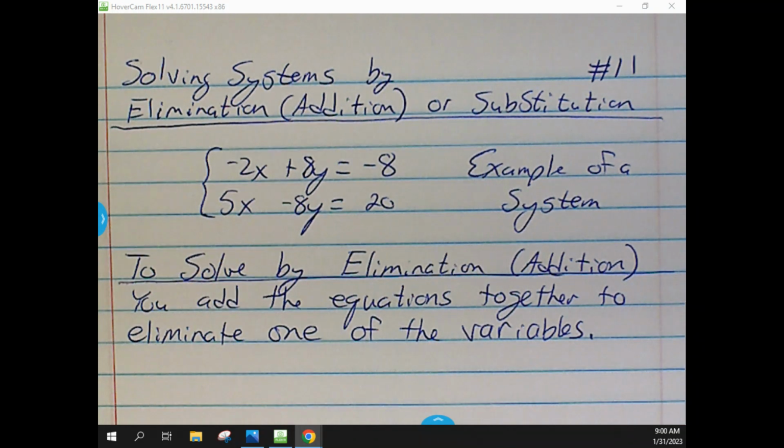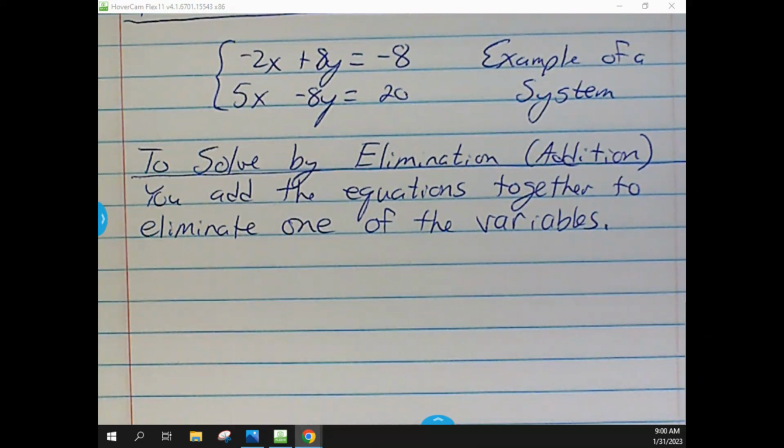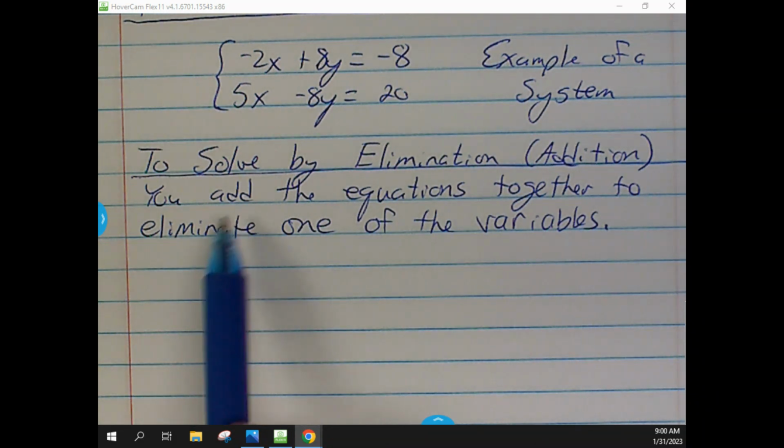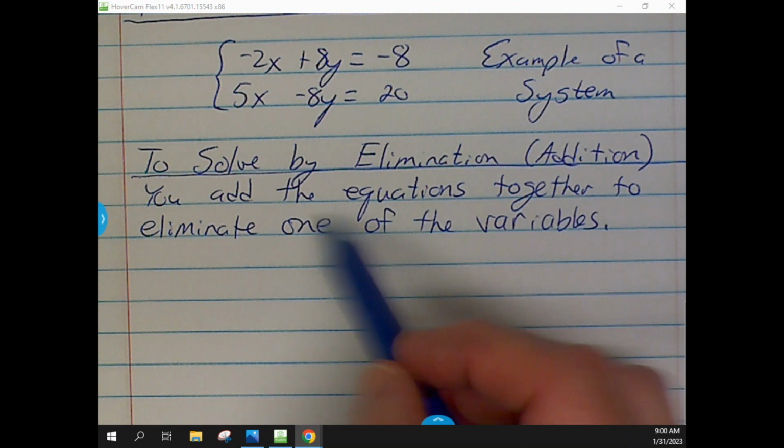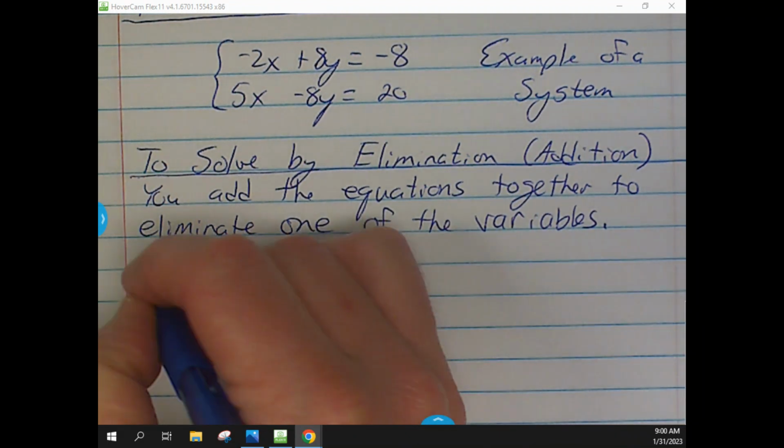Okay, and that's why it kind of goes back and forth because some people say, well, we're adding stuff together, and then some people are like, well, we're eliminating the variable that we're going with. But sometimes you could technically make it subtraction. You could subtract the equations to eliminate one of the variables. So I kind of like elimination because you're just trying to eliminate one of the variables that you have there. Okay, so after you add these two things together and you eliminate one of the variables,